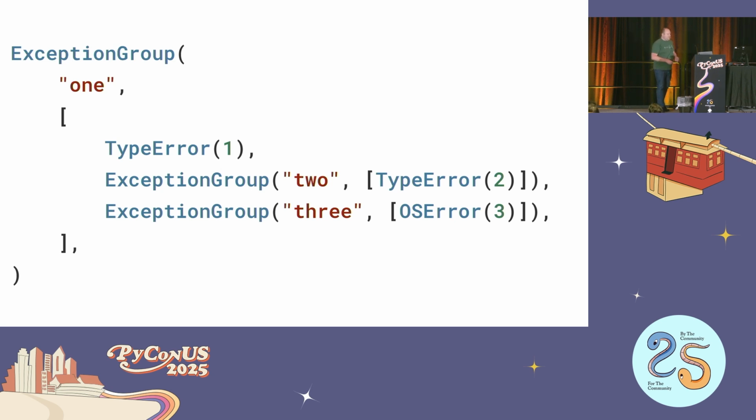An exception group is designed to handle the situation where multiple things went wrong kind of concurrently, right? So it's not the case that you had one exception and then that caused another exception. But you had something like, I needed to try 3 different things, so I ran each of those tasks, and I collected the errors, and I needed to raise them. Or I had an asynchronous framework, so I tried doing one thing, and then I started the next coroutine, and it also had an error. And so an exception group has a message, like a normal exception string message, and then it has a list of other exceptions which can themselves be exception groups. So I think of an exception group as being like a tree of exceptions.